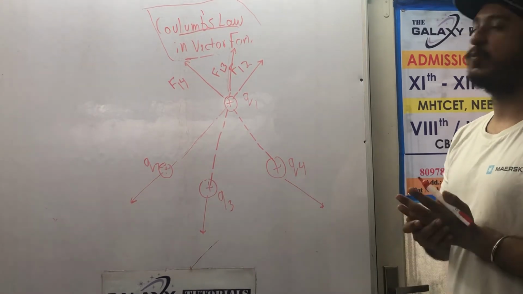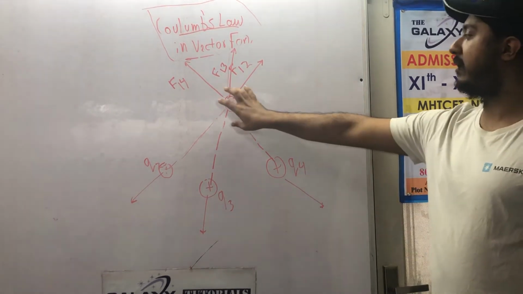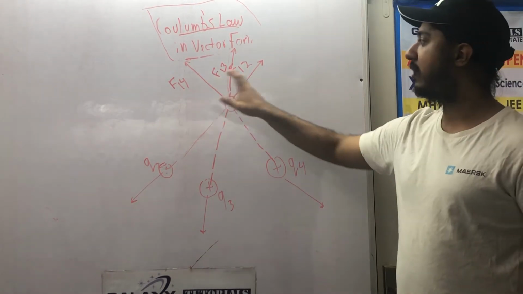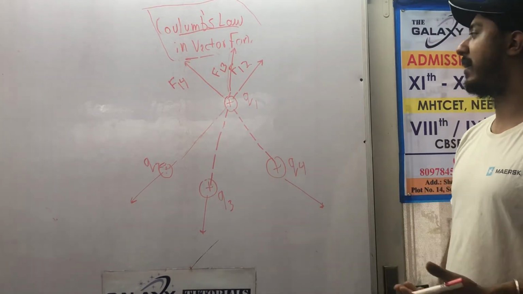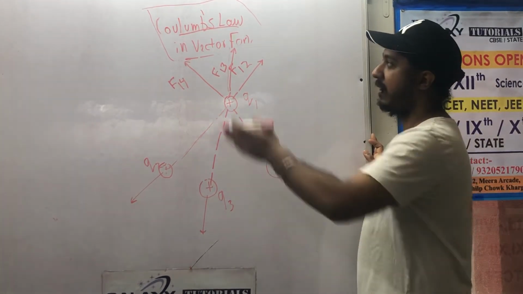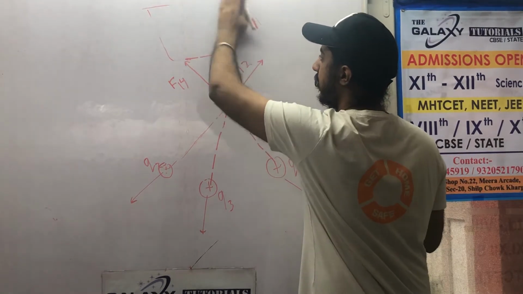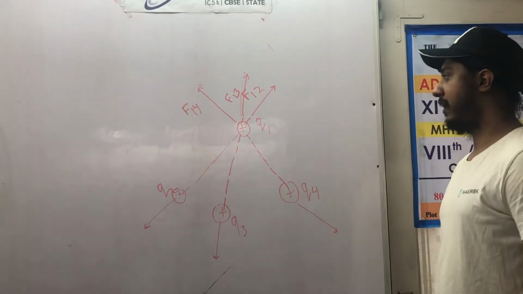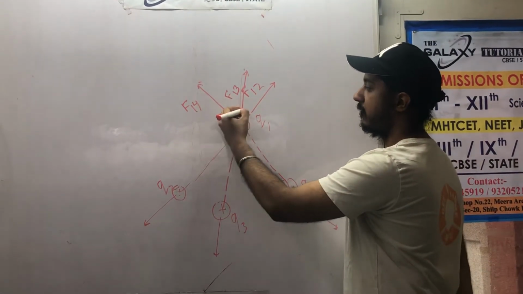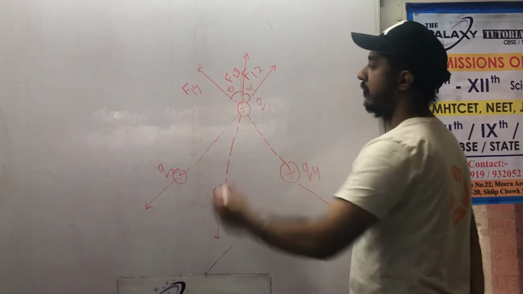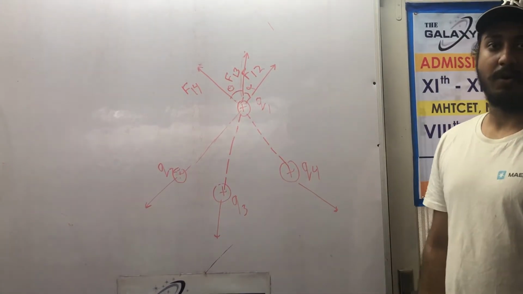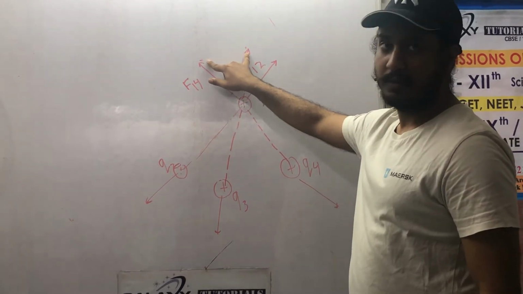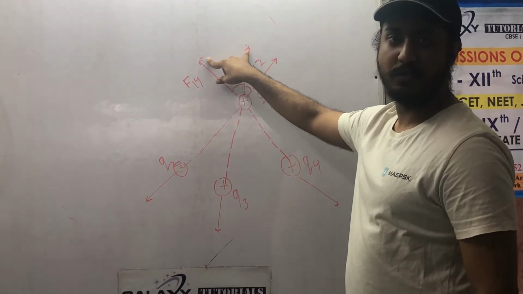Now what does the superposition law state? It states that to find the force on this charge, you have to do the vector sum of all these three forces. How you will do the vector sum, we will see with the numerical also, but I will try explaining here. It might not be clear, but it will be clear when we do the numerical. Let us assume the angle was theta here and the angle here was alpha. You have read the parallelogram law, so you can find the resultant of these two forces using the parallelogram law.